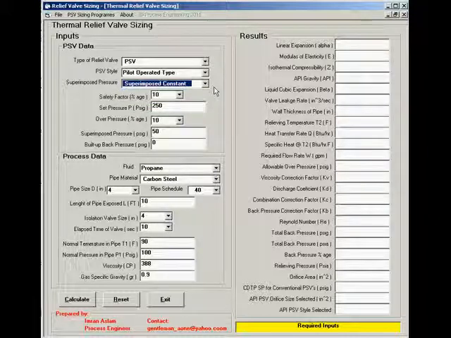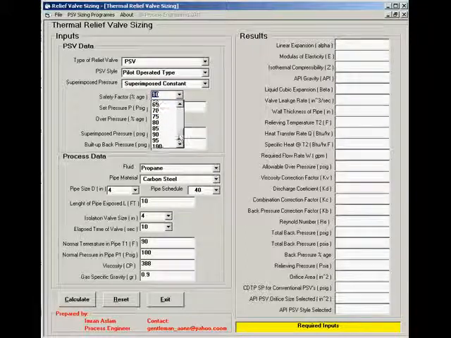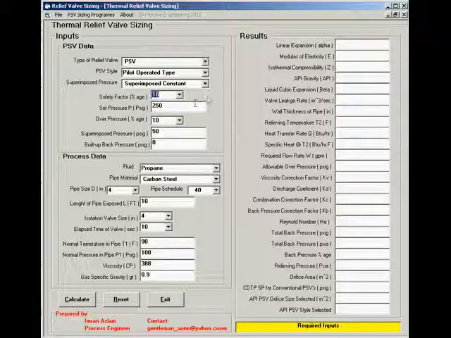Next is the safety factor. Here in this list, 0 to 100% safety factors are given. For instance, I will select 10% safety margin for the PSV sizing. Next is the set pressure of the PSV, which is, for example, 285 PSIG. And next is the percentage over pressure.